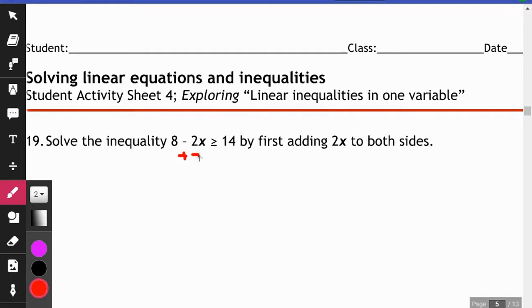So I'm going to add 2x to both sides like they told me to do. They literally say by first adding 2x to both sides. So I'm going to add 2x over here. Now remember, when I add or subtract x's, they cancel out. I have 2 x's, I take away 2 x's, that leaves literally nothing. The x disappears along with the 2. I end up with